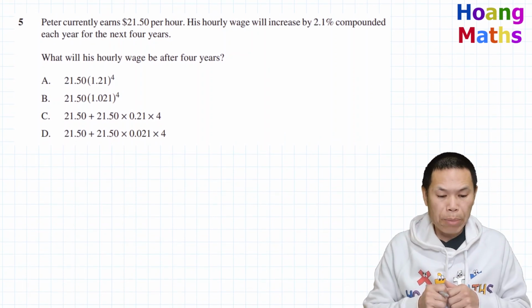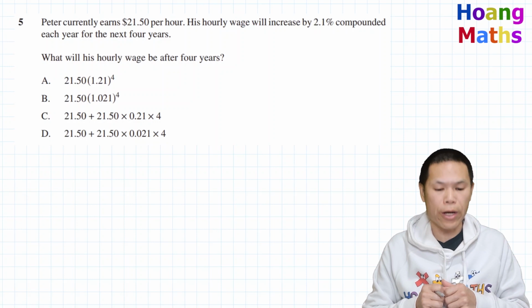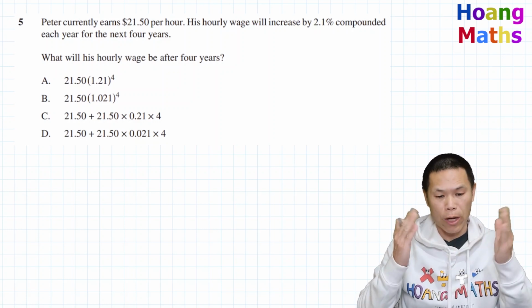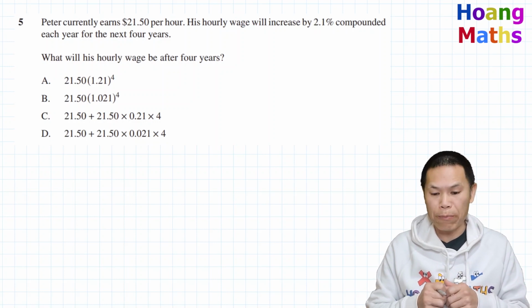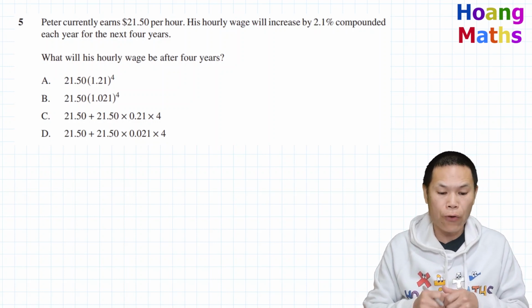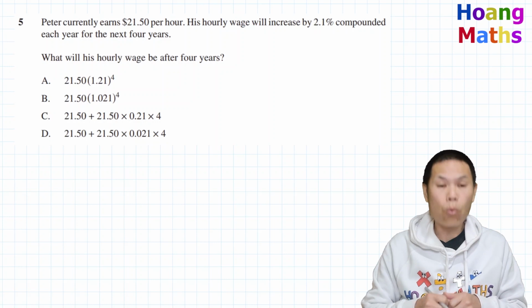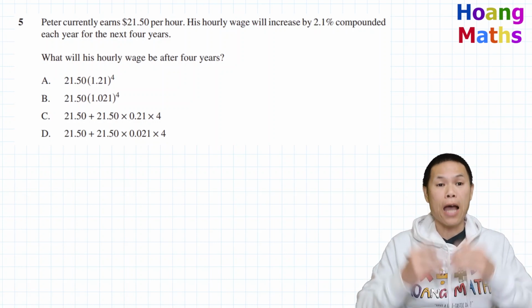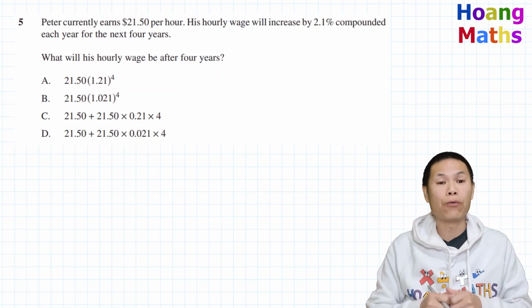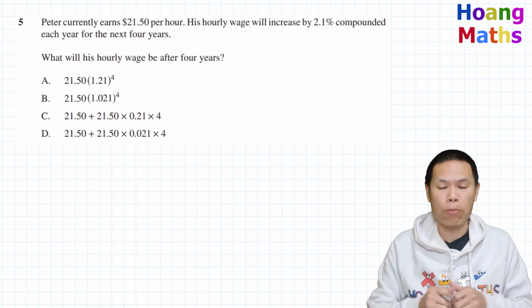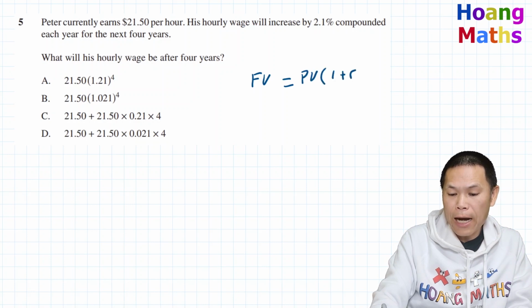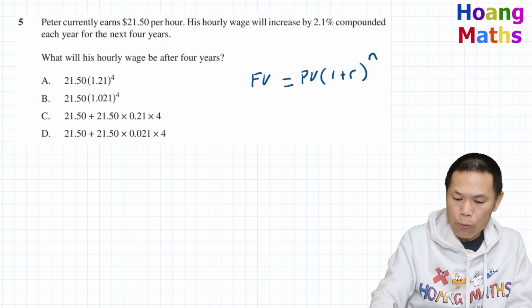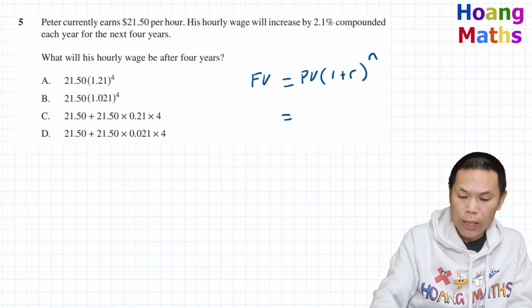Question 5. Peter currently earns $21.50 per hour. His hourly rate is increased by 2.1% compounded each year for the next 4 years. What will his hourly rate be after 4 years? So first of all, we need to use the compound formula. So the future value is equal to the present value times 1 plus R to the power of n. And we know that the present value is